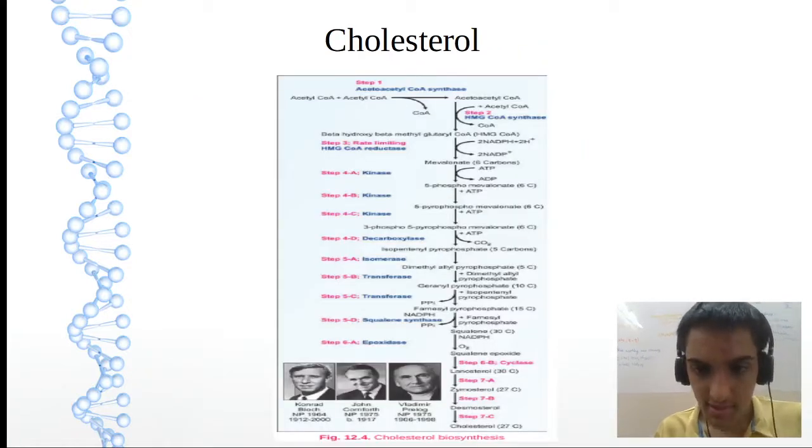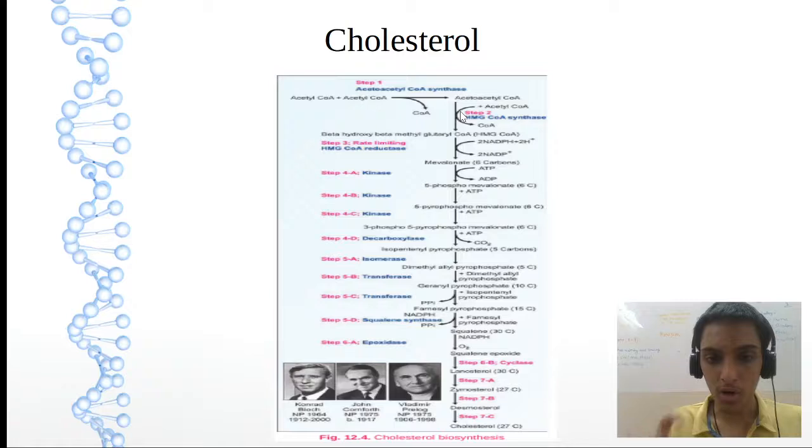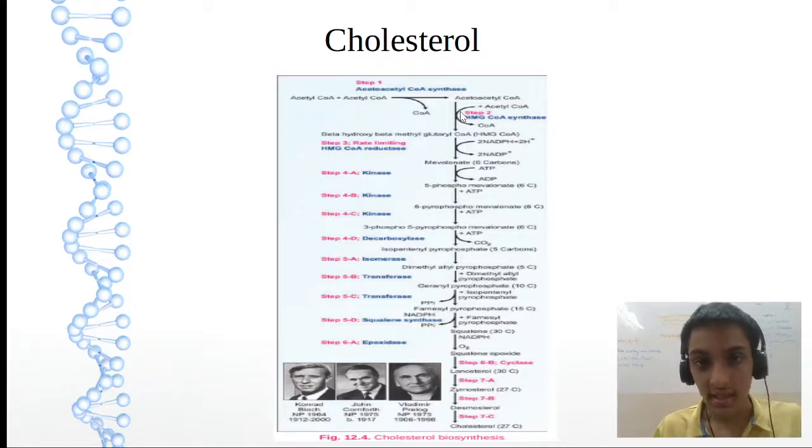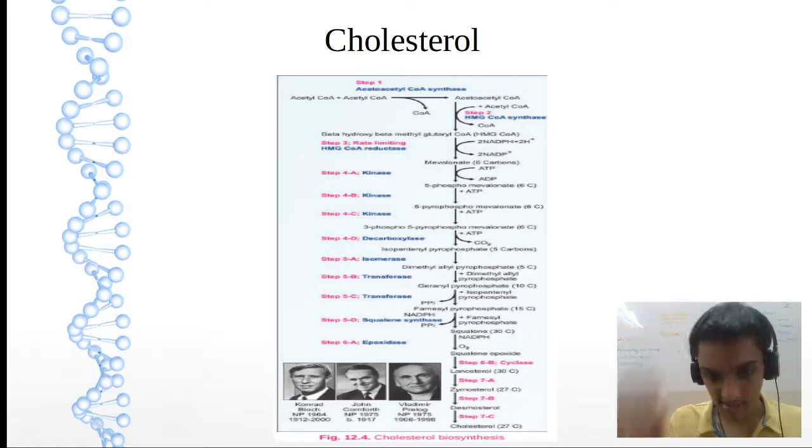Let's see the biosynthesis of cholesterol. We'll start with, it's just like ketogenesis. Like before we said, two molecules of acetyl-CoA combine by thiolase, CoA-SH is released out, we'll get acetoacetyl-CoA, then acetoacetyl-CoA on HMG-CoA synthase, acetyl-CoA to CoA-SH, we'll get HMG-CoA, then HMG-CoA on reductase. See, there it was lyase, here it is reductase. From here onwards, no connection with ketogenesis at all. This will be totally different from ketogenesis from now onwards.